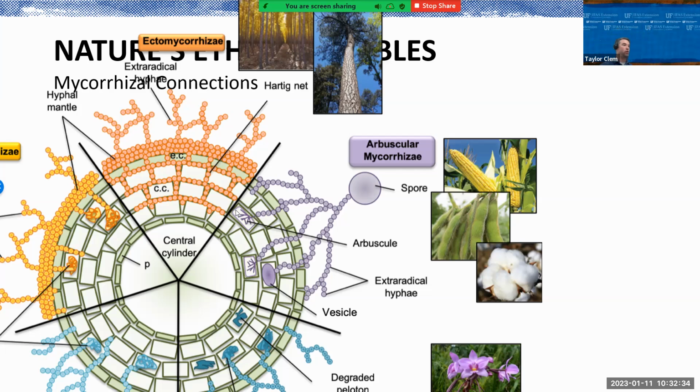It's called the arbuscule. And that arbuscule is, think about your lungs. The hyphae penetrate the cell and it becomes a location where nutrients and water all kind of exchange within the cell. It's this moment of exchange. We also have inside there what's called a vesicle. And that is almost like a storage container, where the hyphae move in and it becomes a place where they can store nutrients, water, sugar, etc.